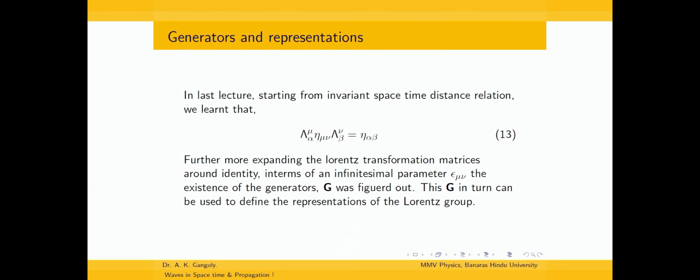So, let us try to see if there is something more that is left. Okay. So, to see that, a good starting point is relation 13 that we have come across time and again, that relates the two transformation matrices with the Minkowski metric, and in general it is a matrix equation,